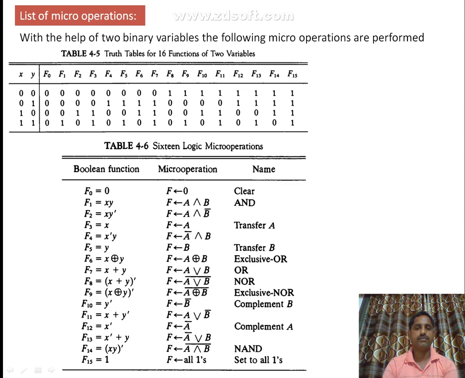X plus Y we perform the OR operation, and X plus Y whole complement, that is the NOR operation, and X exclusive OR Y whole complement, that is the exclusive NOR operation, and F10 is the complement of B, and F11 we can perform operations F12, F13, F14, F15, that is we have to perform the 16 logical micro operations derived from